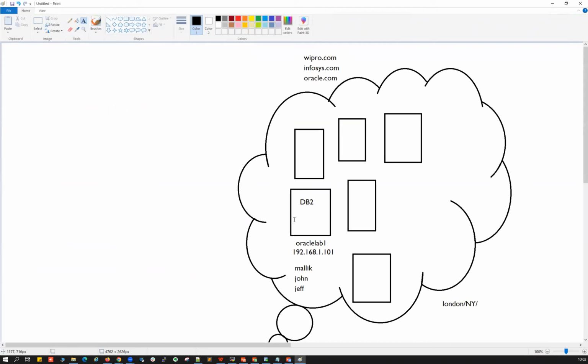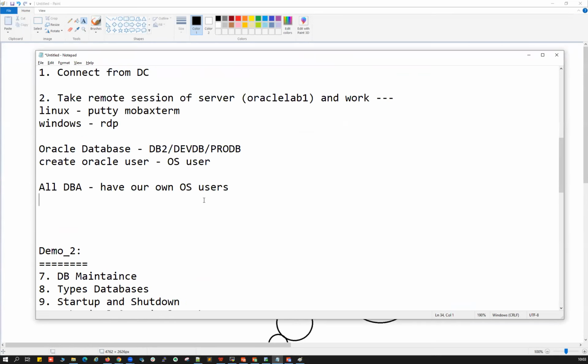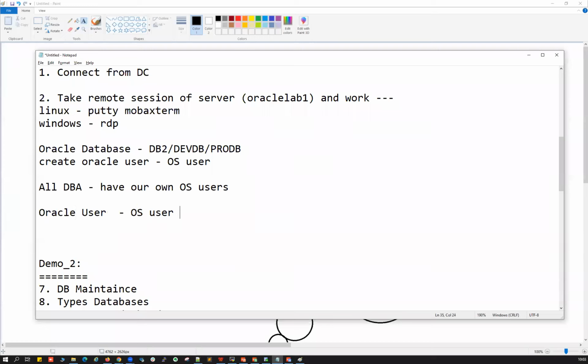And once we log into that server with our own IDs, we switch to the Oracle user, because we create all the databases as the Oracle user. Again, Oracle user is an OS user.